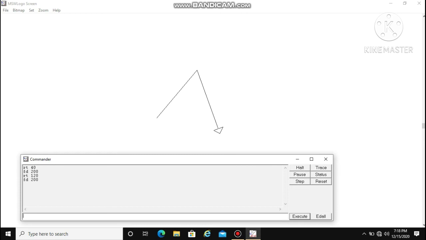Now I will use the home command. What is the home command? When you type this home command, it will instruct the turtle to come back to its original place, meaning where it starts. So type HOME, then enter. Can you see this? When you press enter, it comes to its original place, its origin. Like this, you can move your turtle according to your requirement. Did you get that? I hope you understood all these points.